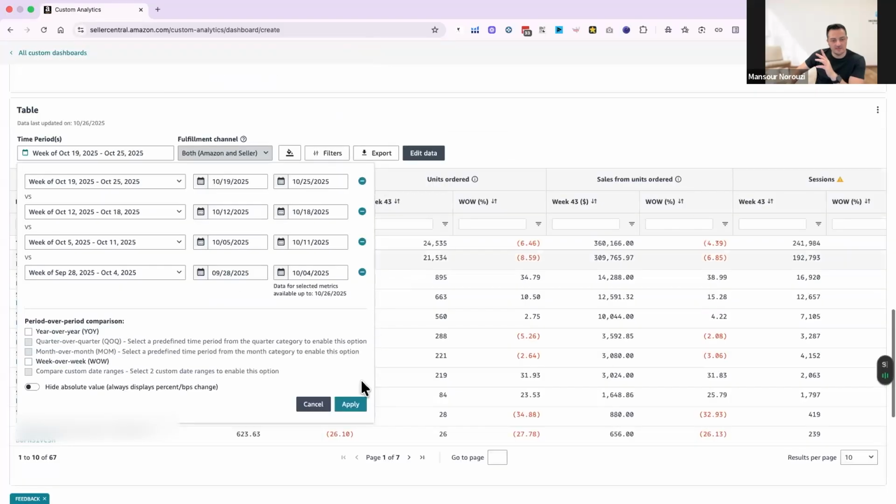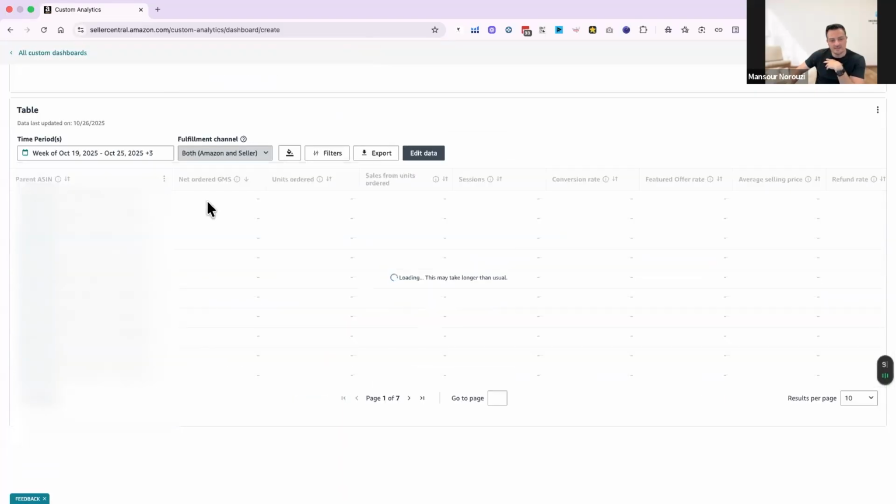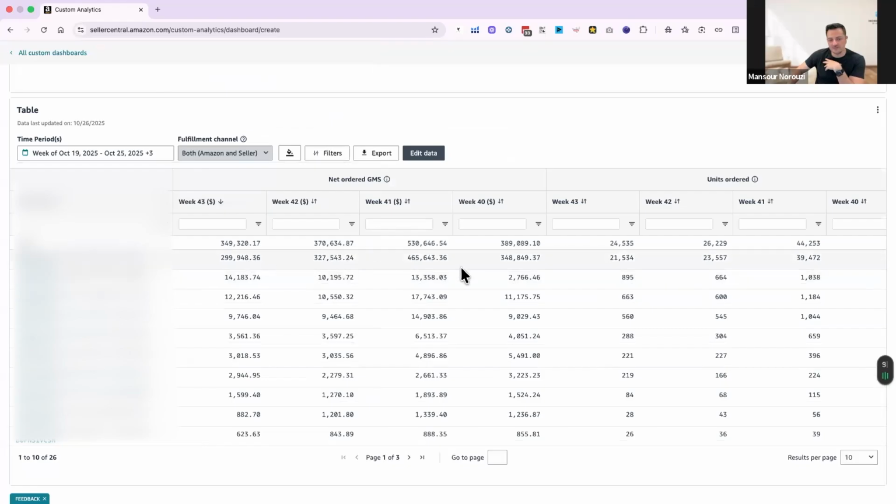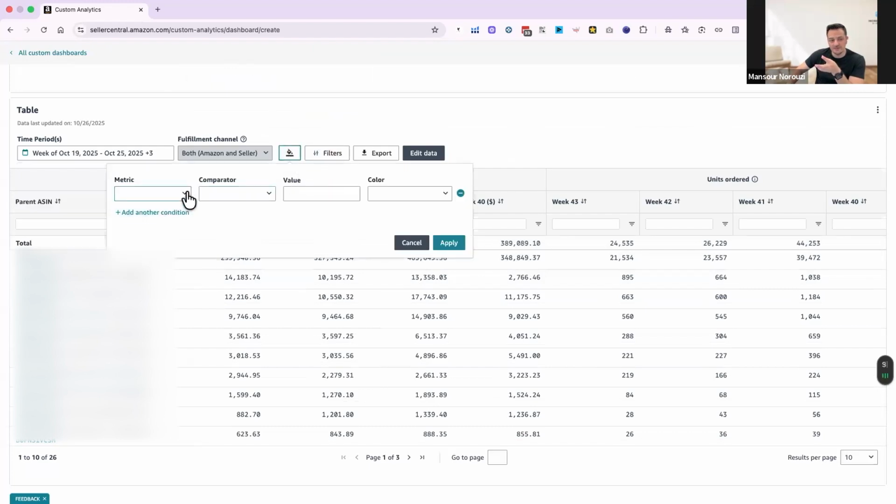So you can easily add these and see what is going on for each of these metrics. You have the 4 weeks in one view. So the numbers are here. And also, what you could do is that you could say, just for instance, for stations,